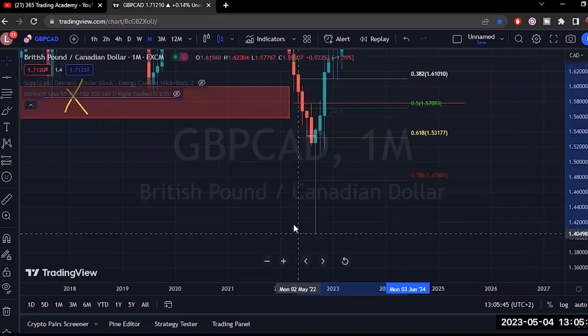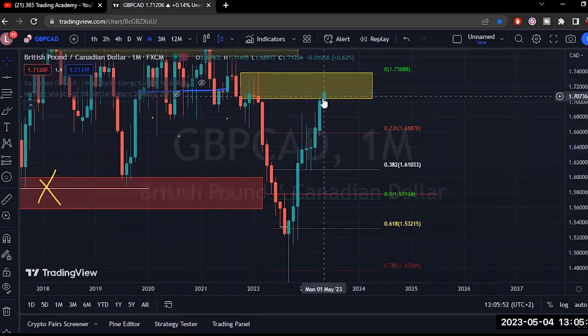Okay, there we go. Right. So I just want to make sure I've got my swing low marked properly. There we go. Right now, sorry, I was saying it's the month of May. Look at how big this candlestick is, right? And we're literally what? 4 days into the month, right?